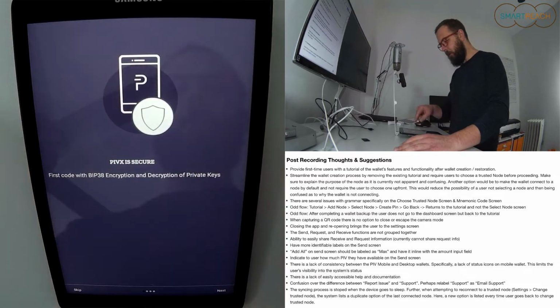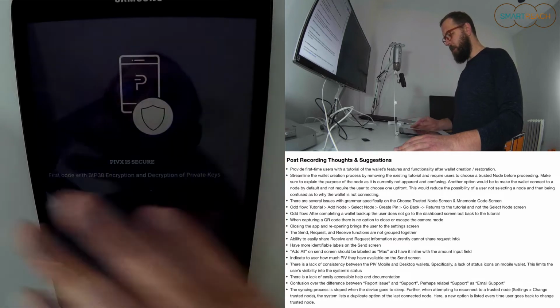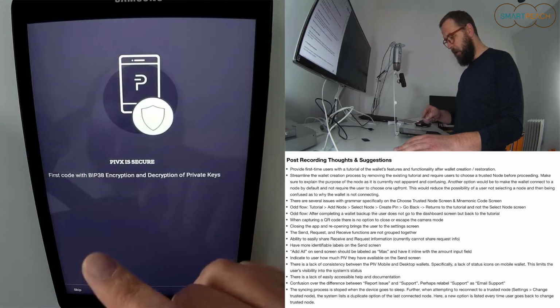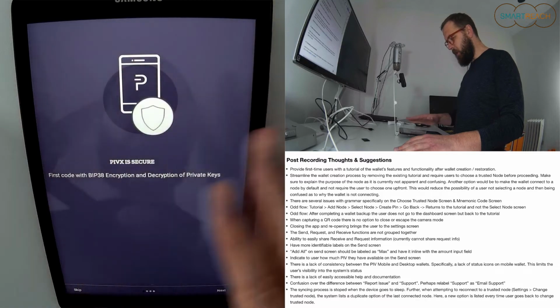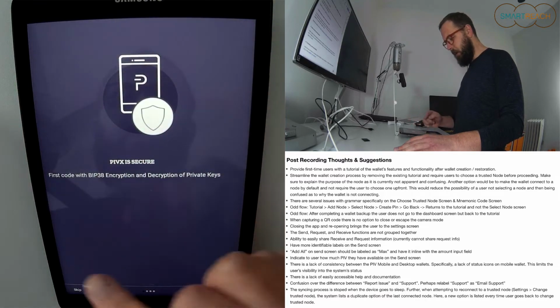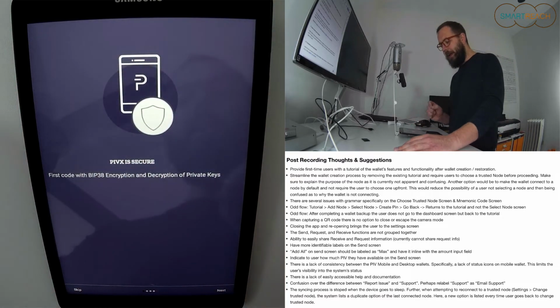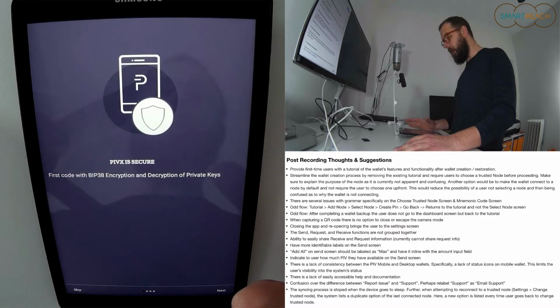Sometimes they'll have little things that go around an interface and say, oh, if you click on this, this is what this does. So this is good to have for newbies to come through and understand what this stuff is. However, what I would like to see here, and I'm not sure if you would see it later on, is